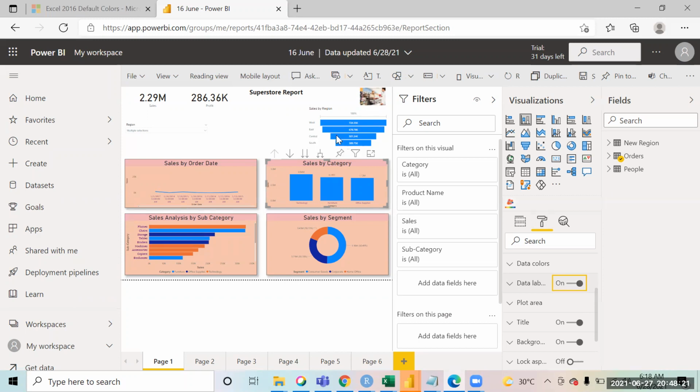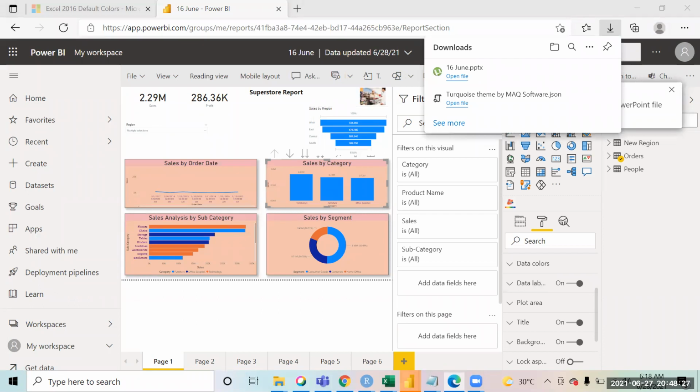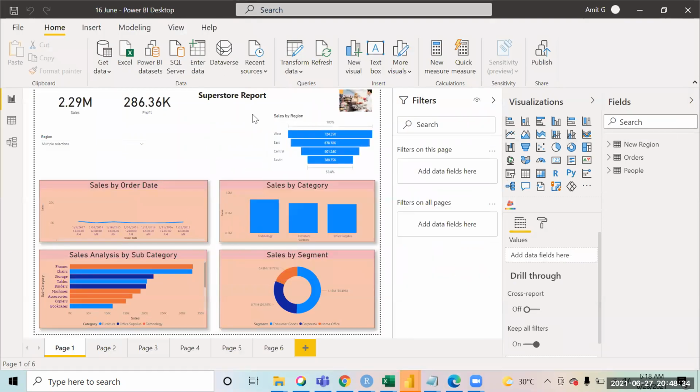Okay, but always remember, when you make any change over here, those changes will not be replicated on the file that is on your desktop. So it is always advised that we should try to make the changes on the desktop file and republish the file, right? When you republish the file, it replaces the existing file. So all the things will be overwritten.